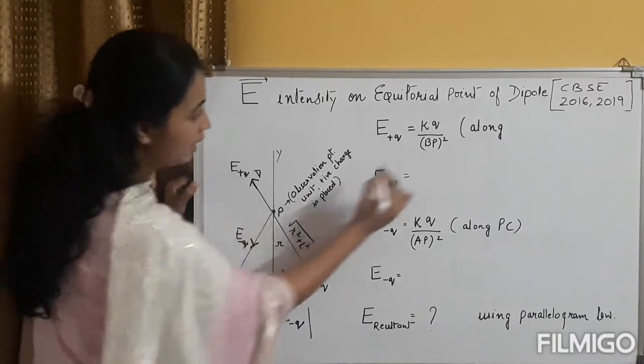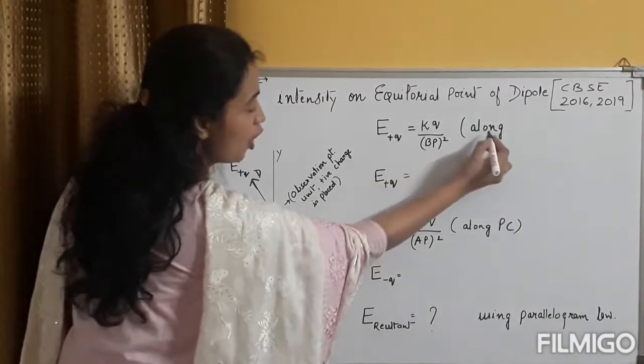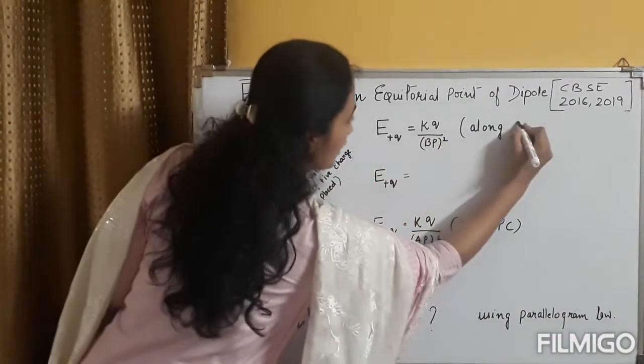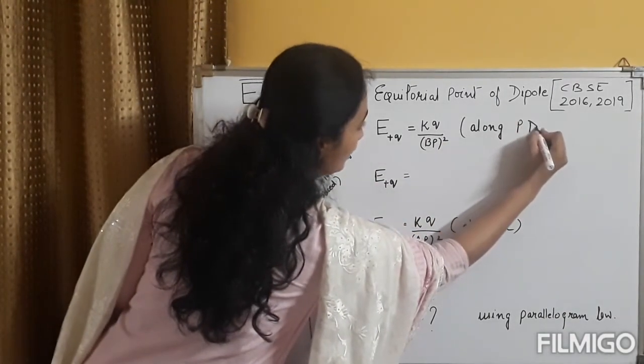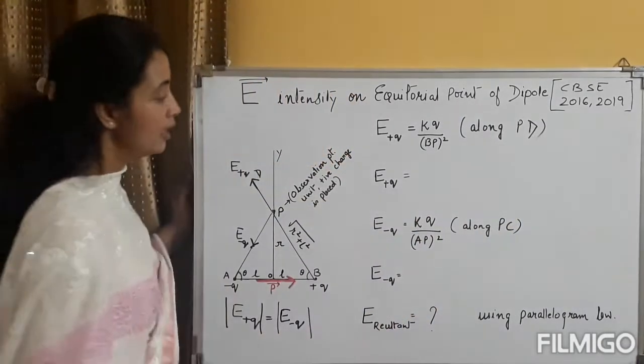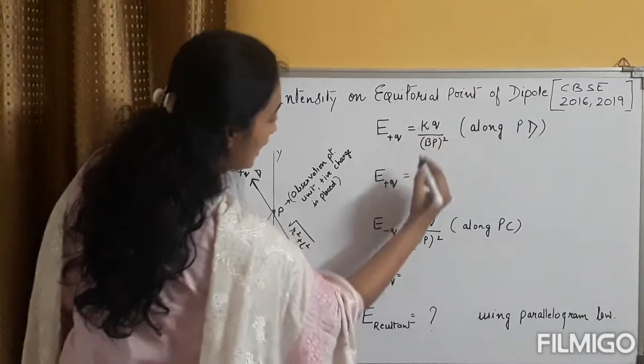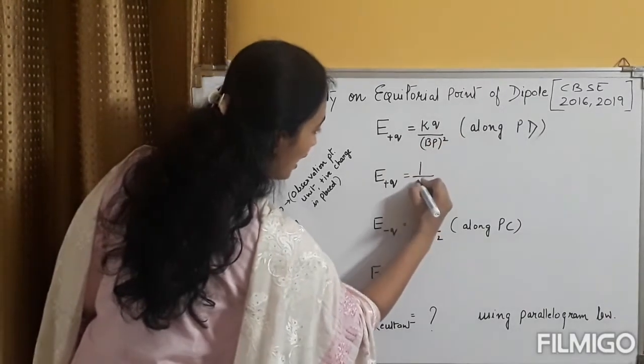Distance will be BP, and the square of this distance along, what is the direction? It is from P to D. The direction is along PD. This is the direction. Then if I put it in expanded terms, K I can write it as 1 by